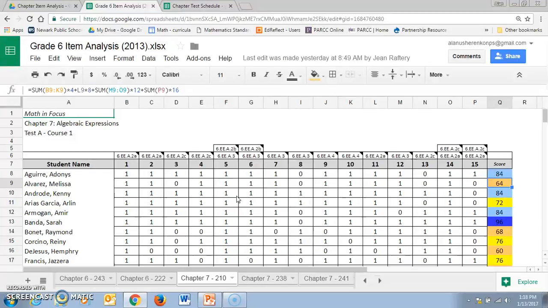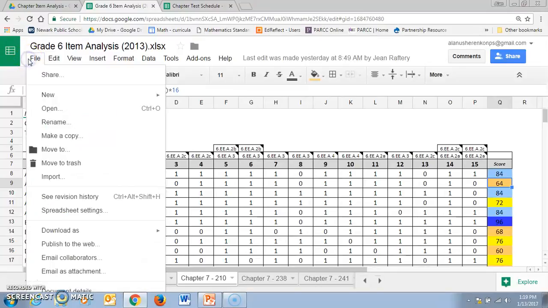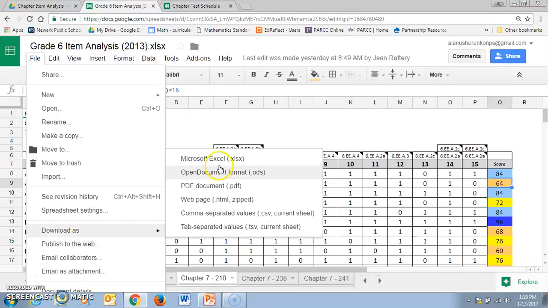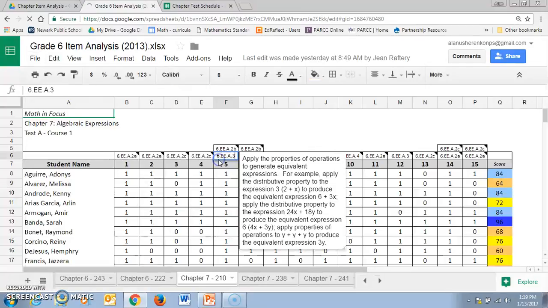Because a lot of other people have access to this form, and if you or somebody else accidentally deletes the data, you should have a copy saved. So to save a copy from the Google Sheets, you just go to File and Download As, and we want to download this as a Microsoft Excel document. So I'm just going to select this,